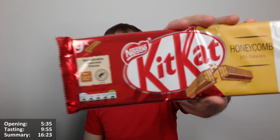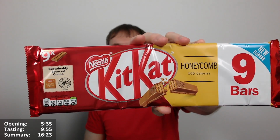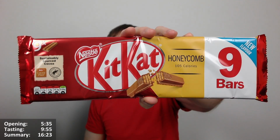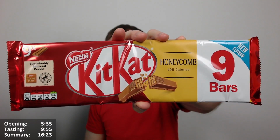Chocolo Roberto here for another video review, this time with the KitKat Honeycomb. Ooh, there we go, 105 calories. New flavour, there we are, look at that, yes. Very, very excited for this one. I know I always am excited for new chocolate, or chocolate generally, or anything with chocolate, but